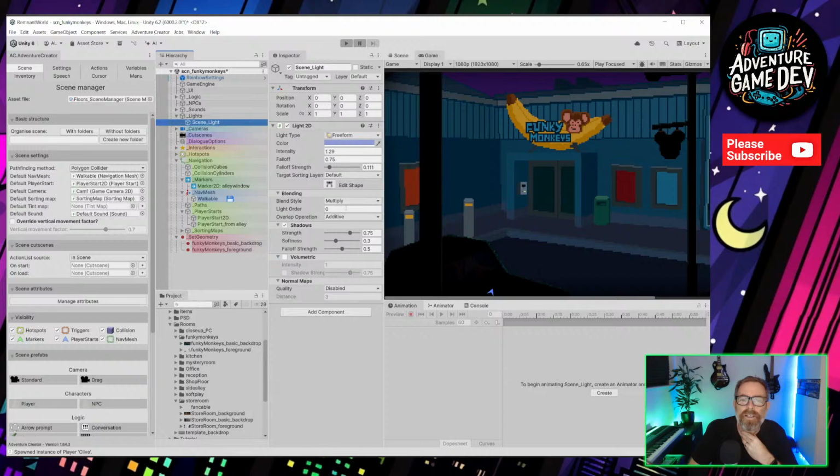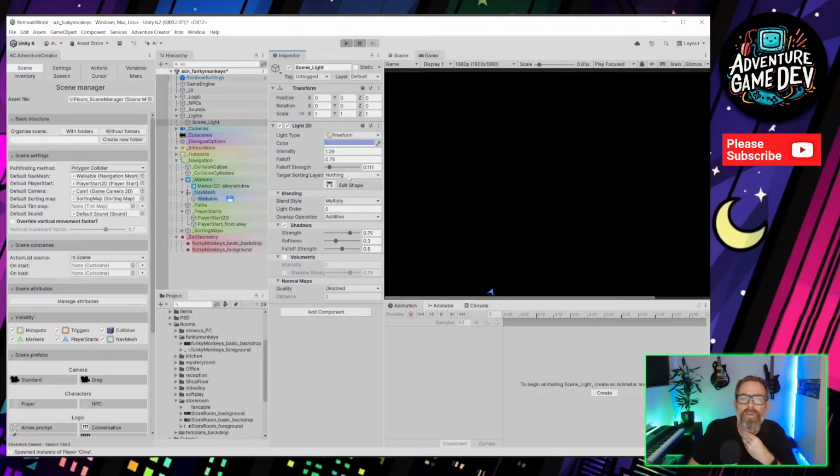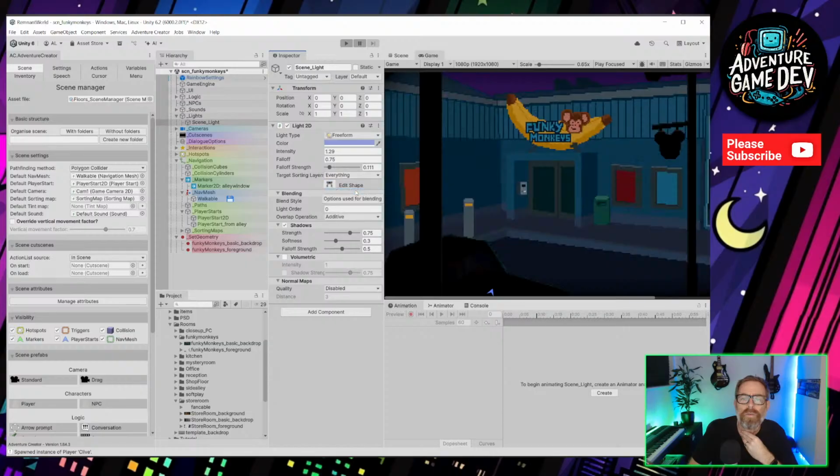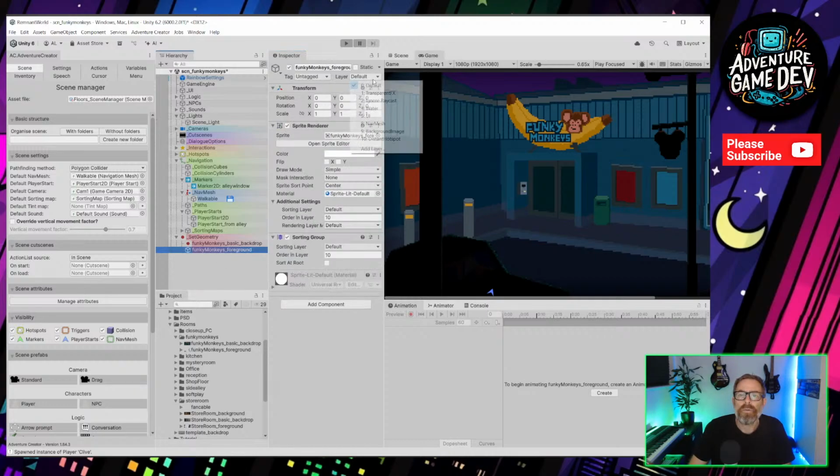So the scene light, I think. Target a sorting layer. So I must have created a sorting layer called Office Desks at some point. But I don't know what that is. Yeah, I'm definitely in the right place. What I need to do is put this foreground in a different sorting layer.